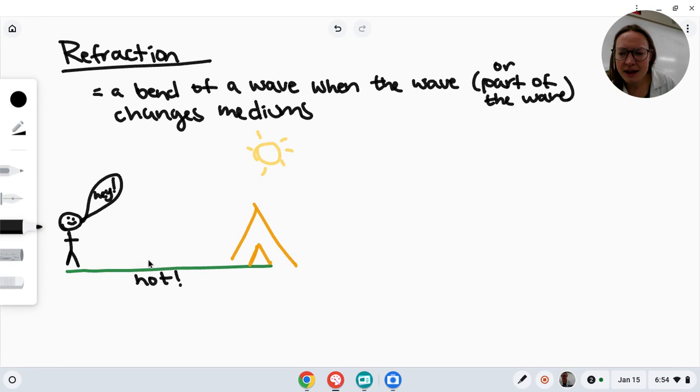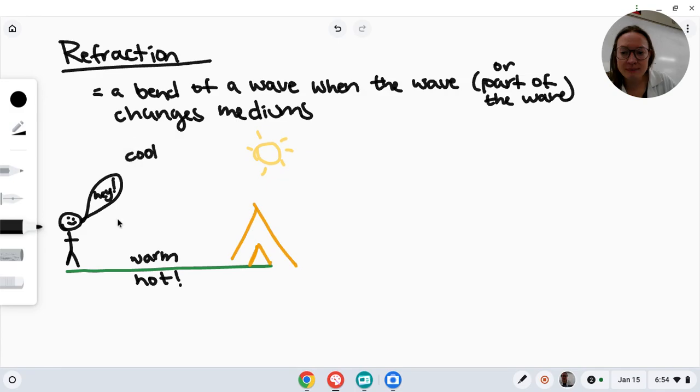That means that the air right above the ground is going to be slightly warmed because it's next to the ground, and the ground is hot, so there's heat radiating off the ground and warming the air down here. Meanwhile, the air up here isn't quite as warm because it's further from the very hot ground that has been soaking in the light of the sun. So the air up here is slightly cooler.